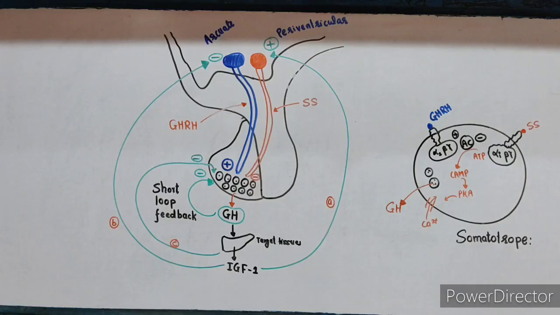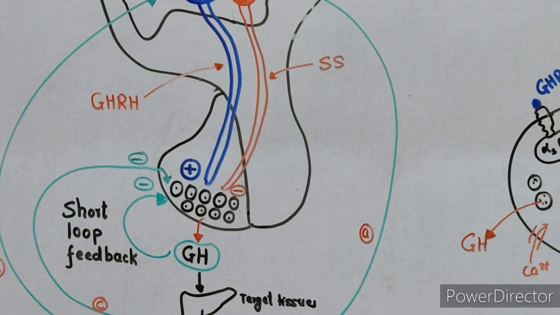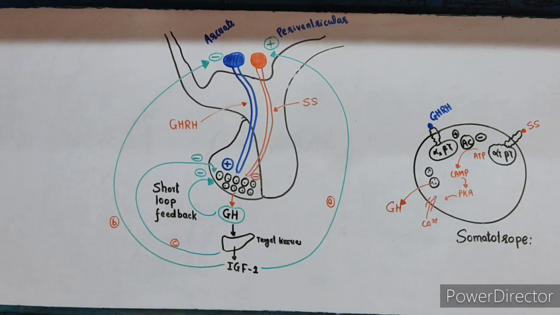This diagram shows the regulation of growth hormone. Growth hormone is produced by the somatotrope cells of the anterior pituitary gland. These somatotrophs are under the control of the hypothalamus. Growth hormone releasing hormone is produced from the arcuate nucleus, the blue colored nucleus in the hypothalamus here. This nucleus releases growth hormone releasing hormone, and this releasing hormone acts on the somatotrophs to increase the growth hormone